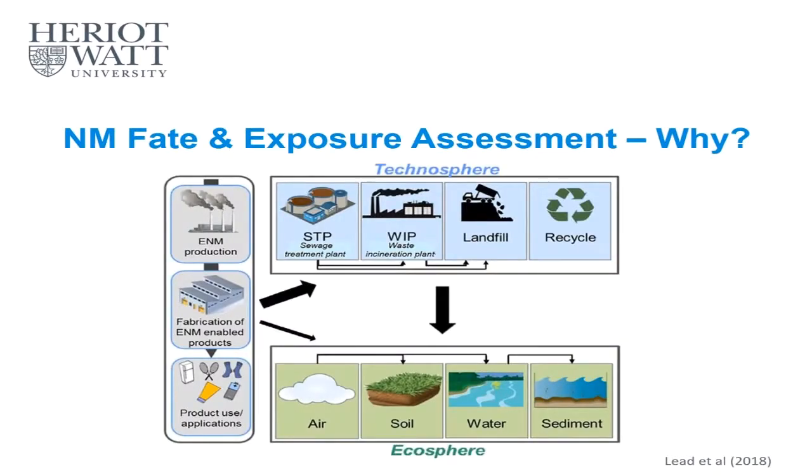In order to do so, you will need to produce them, you need to incorporate them in these materials, and then during their use or after their use, they might end up in the environment directly through fragmentation, for example, or if they are part of sunscreens, they might end up in the water, etc. But often they are products that end up disposed in some way into the environment, and then they might leach again. So it is important for us to understand the different steps and how the diversity of nanomaterials may actually lead to different types of fates and